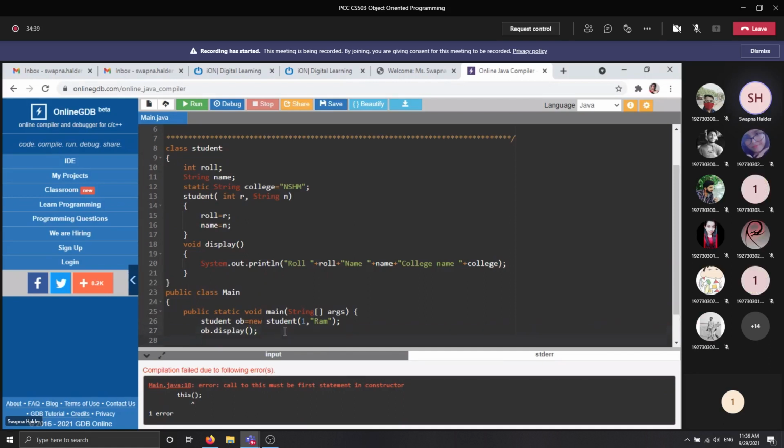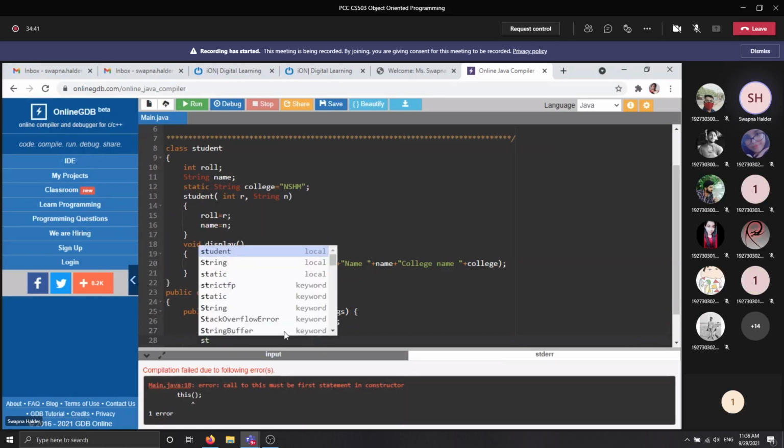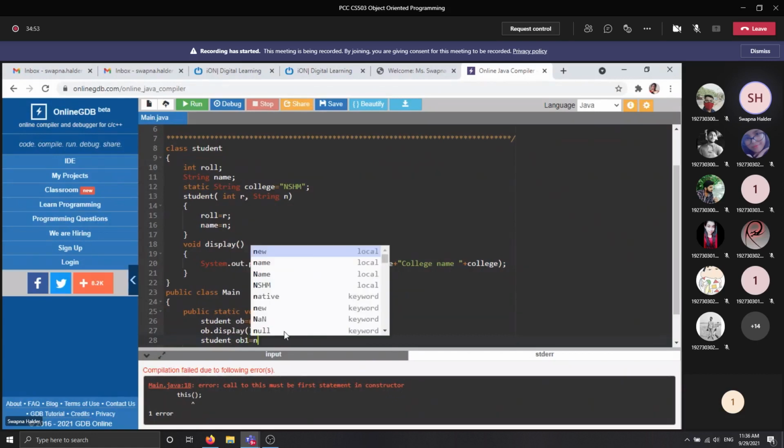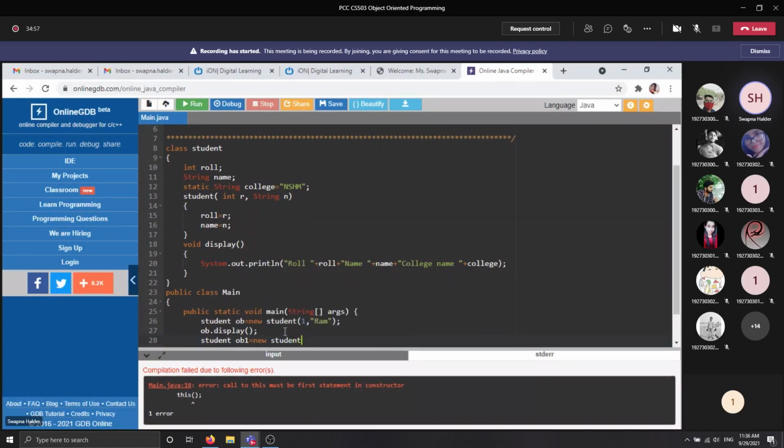Next, we will declare one more student, so that the common property will be properly understandable. Student, that is another student, equal to new Student, with the roll number of the student as well as the name of the student, say Ram.